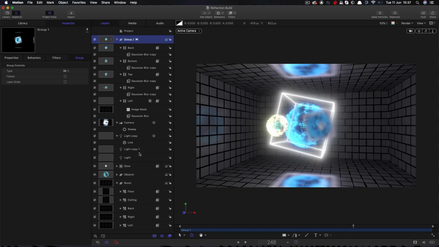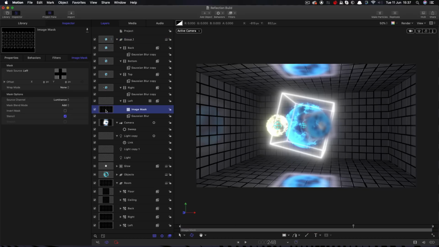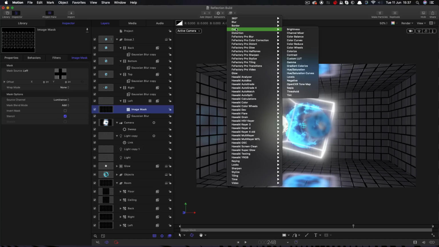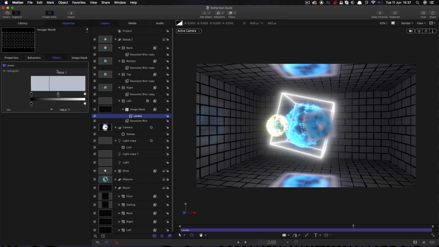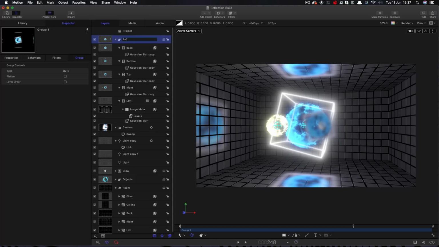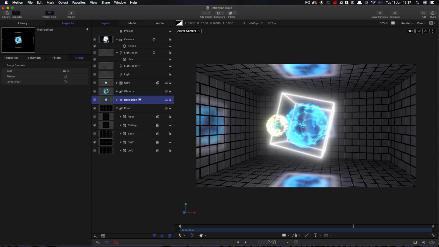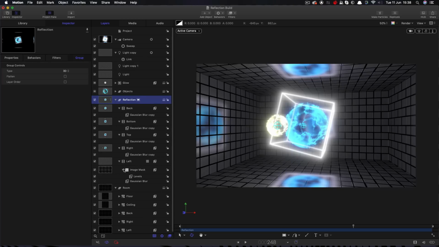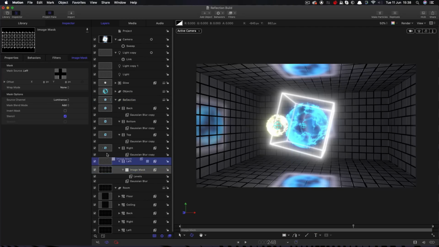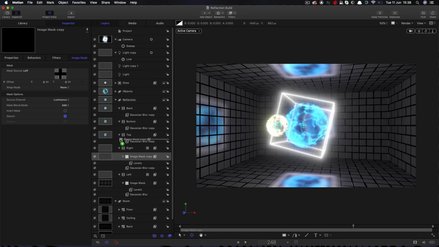If we want to increase the intensity of that reflection, we can select the image mask, come to Filters, Color, Levels, and here we just need to use the RGB and punch up the white value like that. So I'm going to do the same thing for each of the layers, but first of all, I'm going to call this group Reflection, and I want to move it back behind my objects like that. Open it back up again. And what I'm going to do is copy that image mask onto each of these, and then I'll swap out the